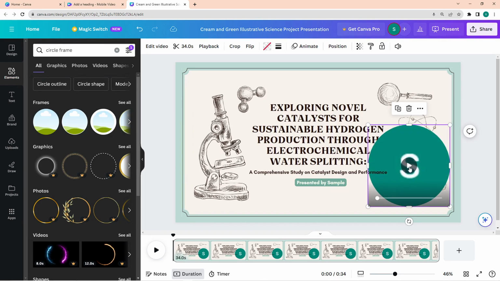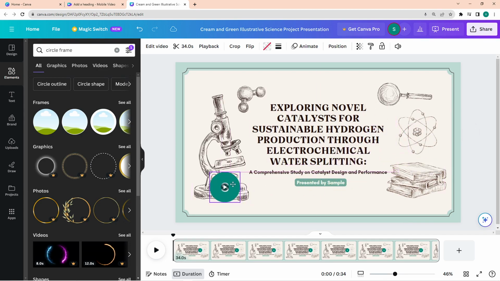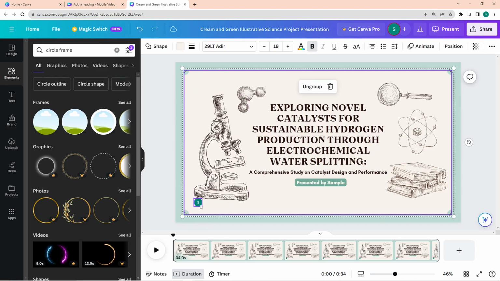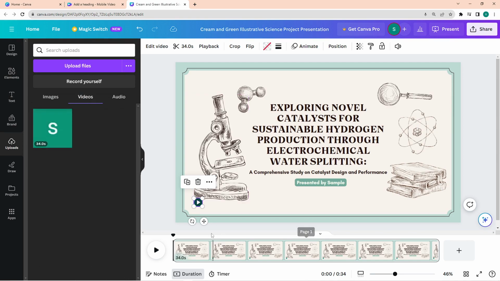Exploring novel catalysts for sustainable hydrogen production through electrochemical water splitting, a comprehensive study on catalyst design and performance. This research delved into the development and assessment of innovative catalysts for efficient and sustainable hydrogen production via electrochemical water splitting. This study aims to uncover new insights into catalyst design, performance optimization, and potential applications in advancing green energy